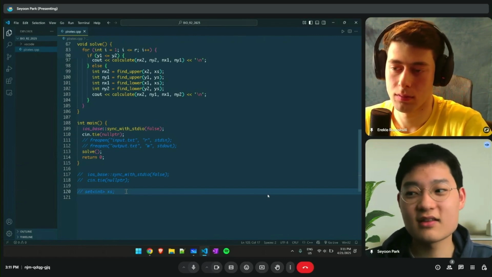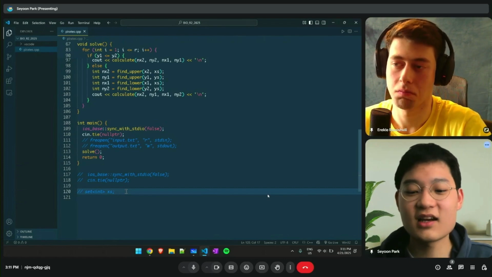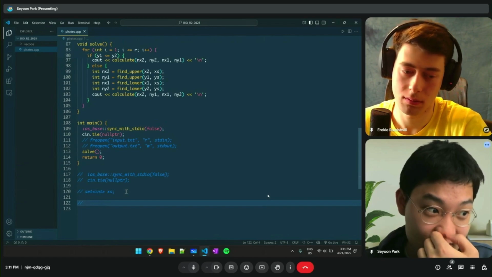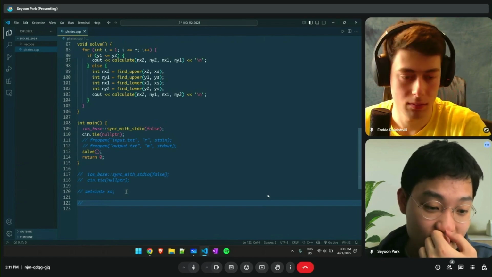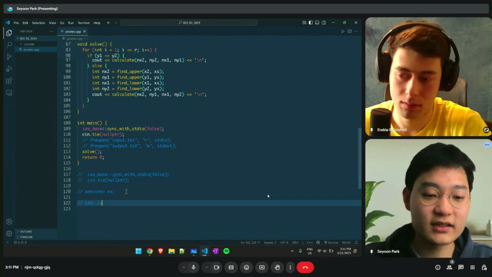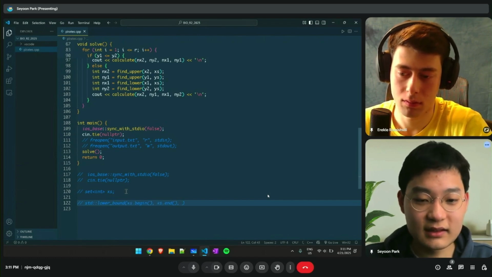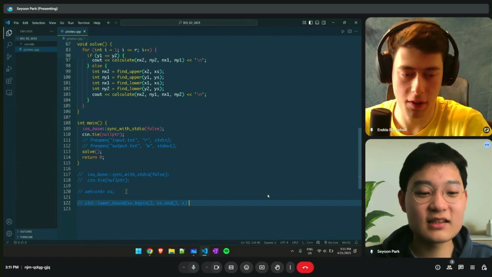Another one was that one person was using the std lower bound like that, but in a vector.